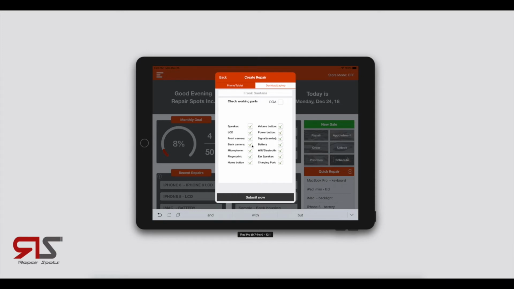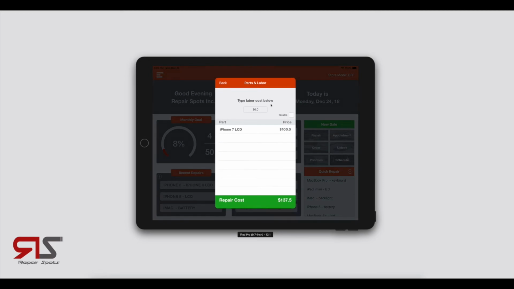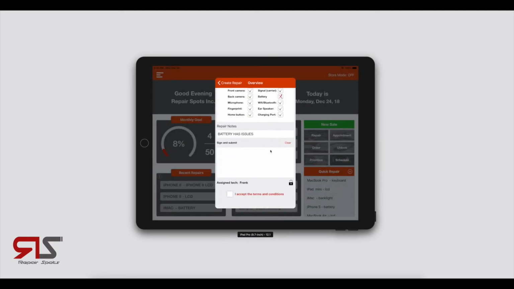Here you can decide to deselect any parts that you know for sure are damaged. We're going to select battery in this case because we know that the battery is damaged. We hit submit now, and here we're going to view an overview. We can see the parts that we added and the labor cost. If we go down,